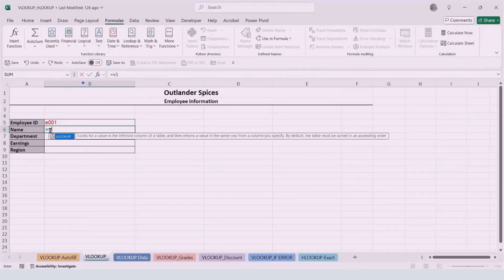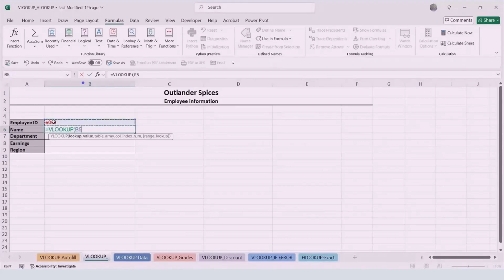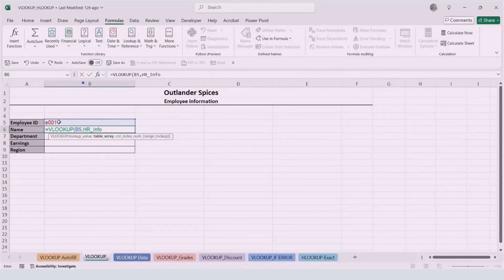=VL, and immediately, as soon as I see it in blue, I'm going to hit the tab key. Beautiful. What's my lookup value? What is the number that I know? Well, it's just right up here. See that? Boom. That's the number I know. And now I'll go ahead and try to find that. I'll just type out HR and look at that. Look what pops right up. Cool. Table array. That is just going to be my HR info, named range,